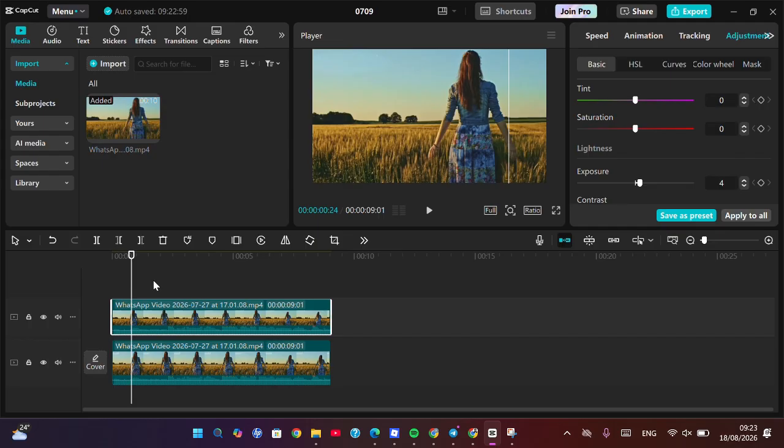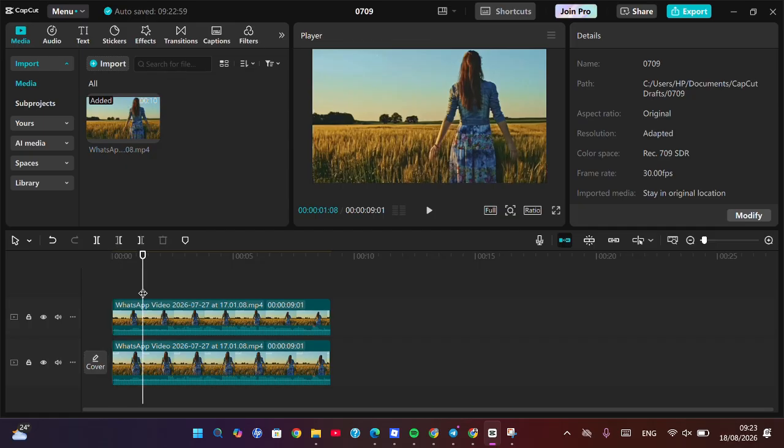And I know, guys, that this trick maybe can't be applied to all types of video, especially when the unwanted object is moving. And at least here I have shared with you the basic trick to remove unwanted objects from your video. Okay guys, and that's how you can remove unwanted objects from your video using CapCut PC.